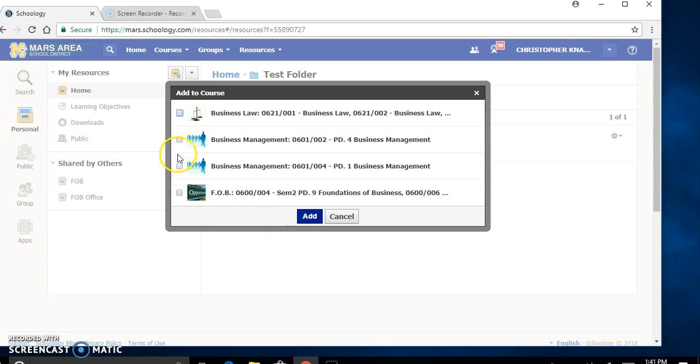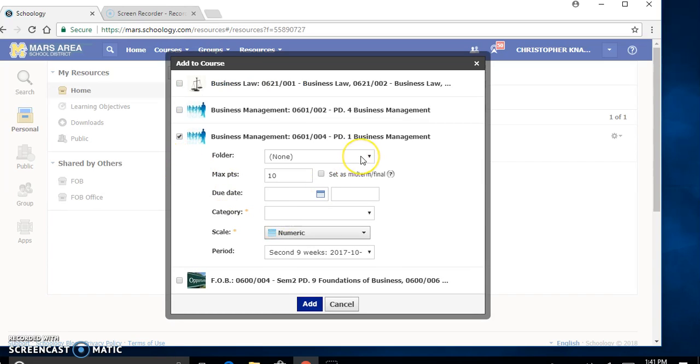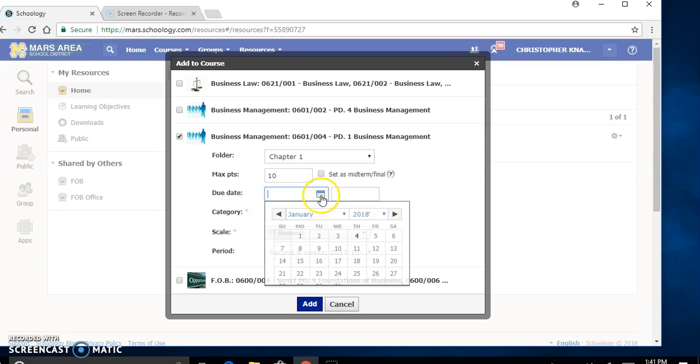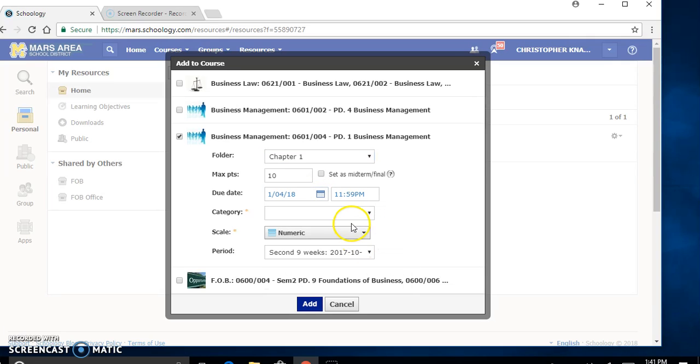And I'll put it in this class right here, chapter 1, due date, hard grade,